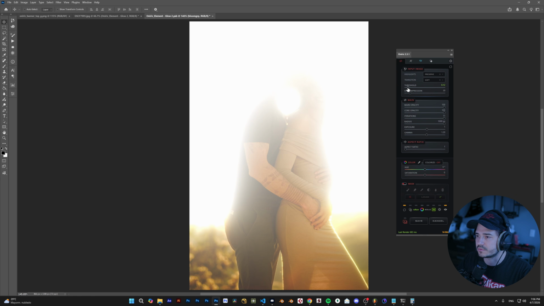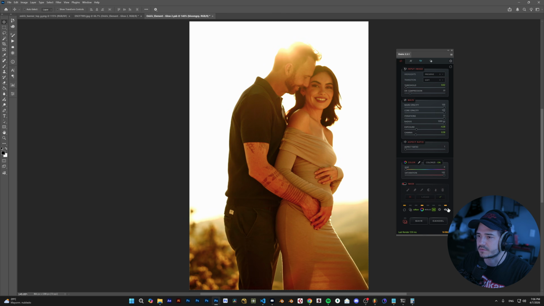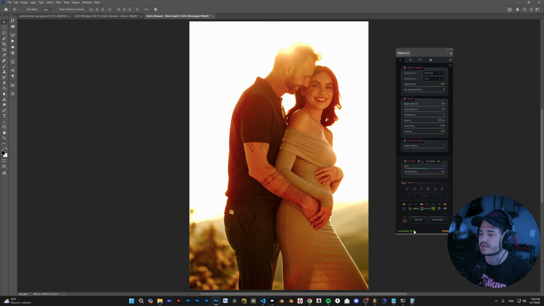So I'm gonna reduce the threshold, and then I'm gonna reduce exposure a little bit more. So here, what I wanna do is paint a little bit red like this. So I wanna create this kind of sunsetty atmosphere. And once I'm happy with this effect, maybe a little bit more exposure like this. So when you're happy with the effect, what you're gonna do is just click on the batch rendering mode again,